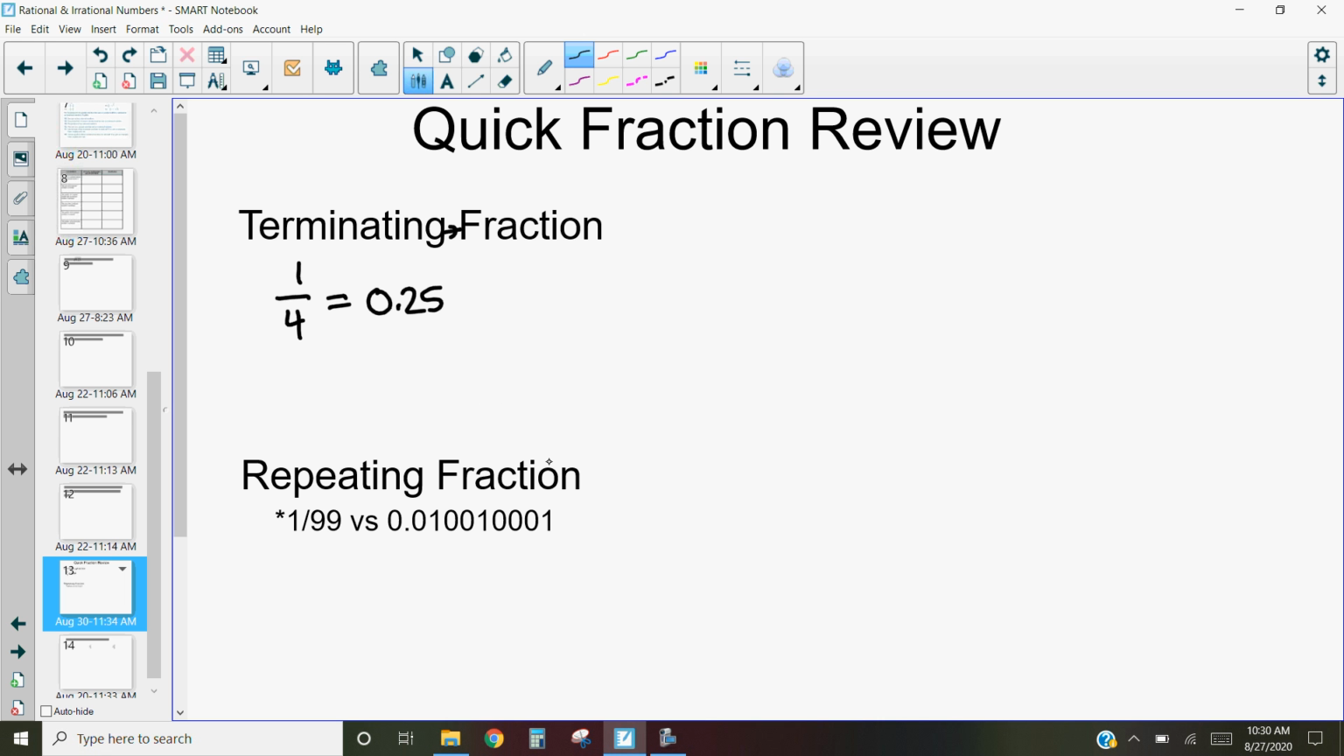Another type of terminating fraction is a whole number. So say I had like the number 3. Well, 3 can be written as a decimal as 3.0. Notice how it terminates or it stops. It doesn't go on forever. Therefore, those are terminating. And notice those terminating fractions, or terminating decimals, can easily be written